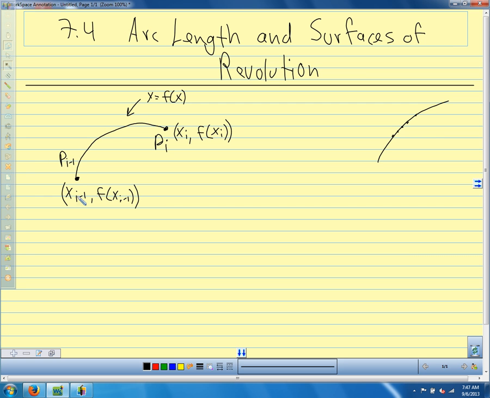So we can approximate the arc length by taking the sum of these small segments. I'm going to draw this segment here, and we're dividing our curve into these tiny little pieces. So we can approximate the arc length of the curve by adding up all the lengths of those straight little segments. And then what we want to do is make our interval between x sub i and x sub i minus 1 smaller and smaller and smaller. So the length of this little segment